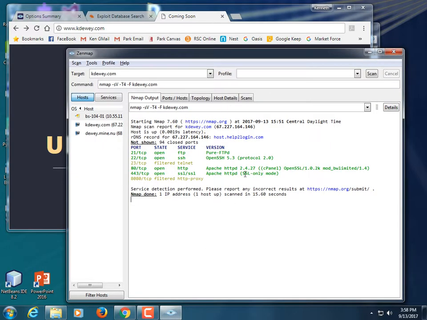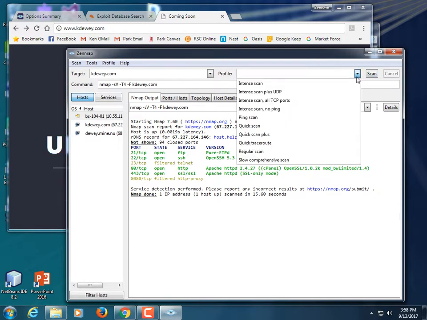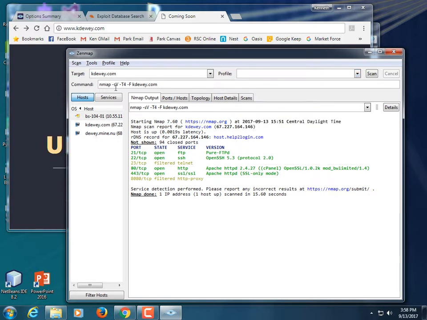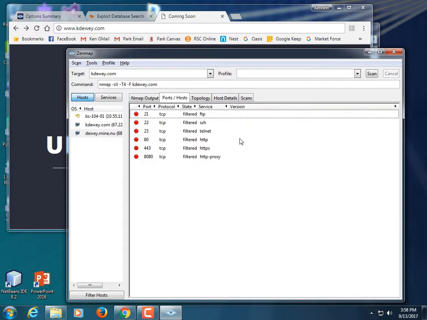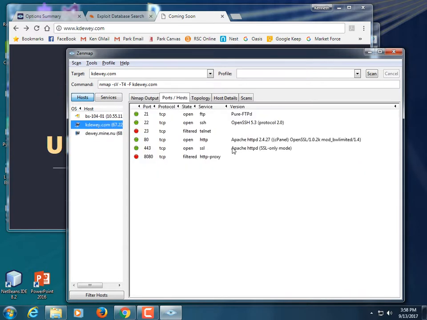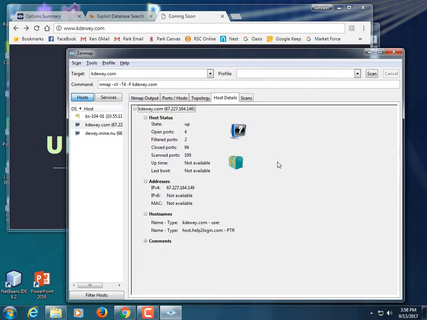Okay. But this is what nMap is. You can scan individual machines. You can scan entire networks. You can scan whatever. There's a lot of profiles of pre-built scans, or you can use different commands to do different things. So, kind of cool. Okay? You can go back and see whatever. So, you can see all the different ports on them, and then there's that one. You can see what's open, and so that web server. So my web server is running on